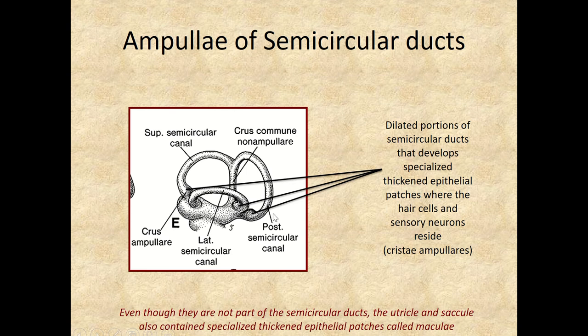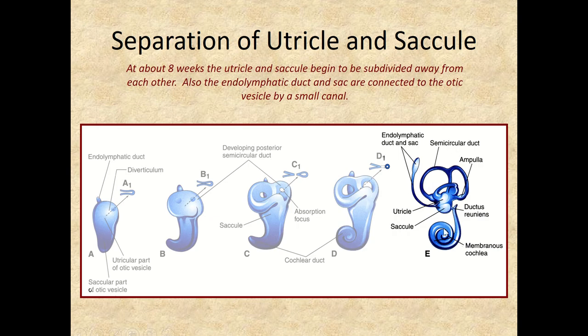The ampulla of the semicircular ducts are just a dilated portion of the semicircular duct where those sensory receptors are located that you learned about in histology, where the crista ampullaris are located. So the utricle and the saccule are continuous with each other. They become a little bit subdivided from each other though, and the saccule is going to be the part of